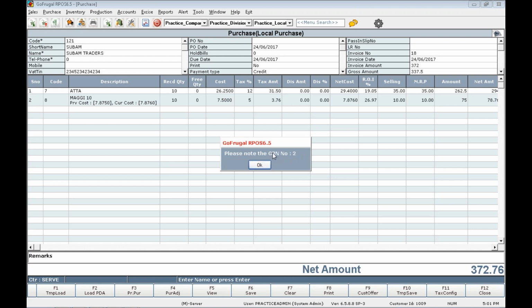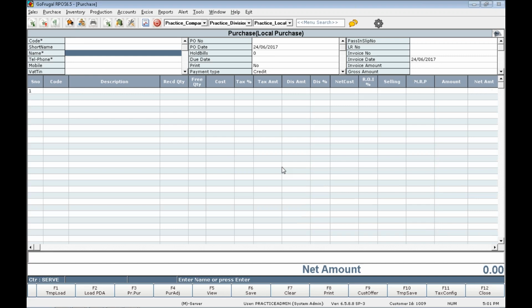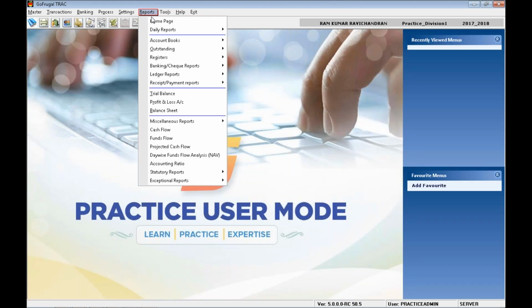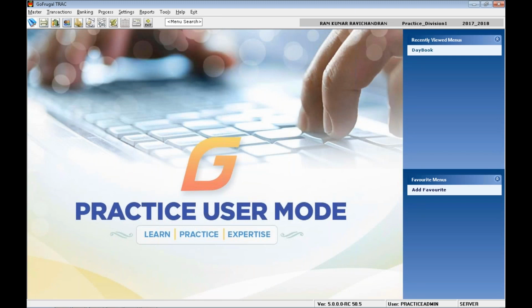Now the purchase has been made for Subham Traders, which is a local purchase, and we have saved the purchase. The GRN number is 2. Let me check how this purchase entry has been posted in the accounts. Go to accounts, financial accounts. Here go to reports, daily reports and day book.